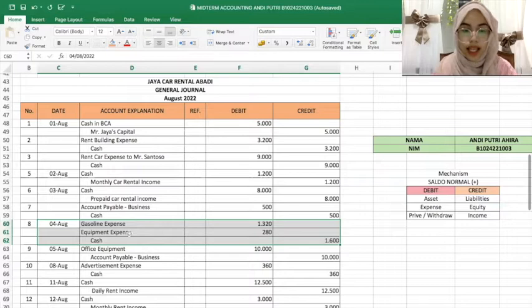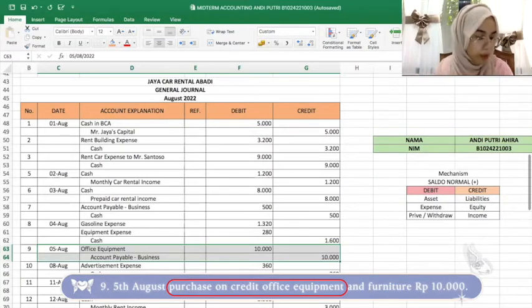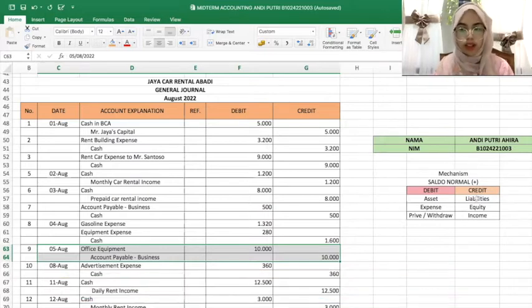There are two expenses on the debit side because expense is debit, and the cash is credit because we use the money to pay for these expenses. Next, ninth transaction at 5th August, purchase on credit office equipment and furniture for 10,000 rupiah. There are the office equipment account and account payable for business. Office equipment because we buy the equipment, and account payable for business because we purchase it on credit. It's basically a liability, so you put it into the credit side, and for the office equipment, it's on the